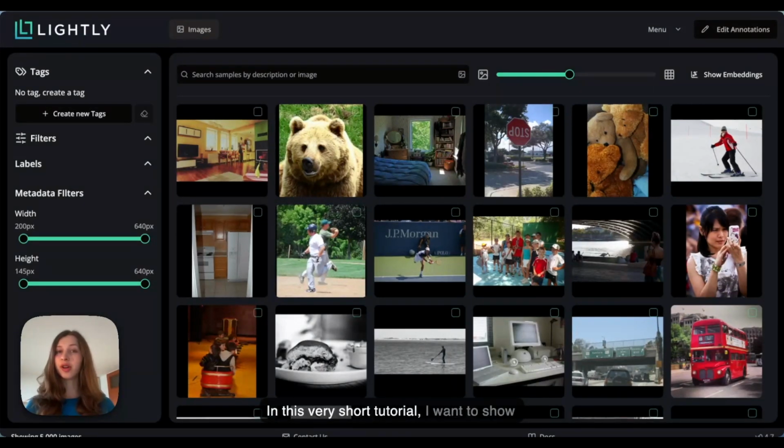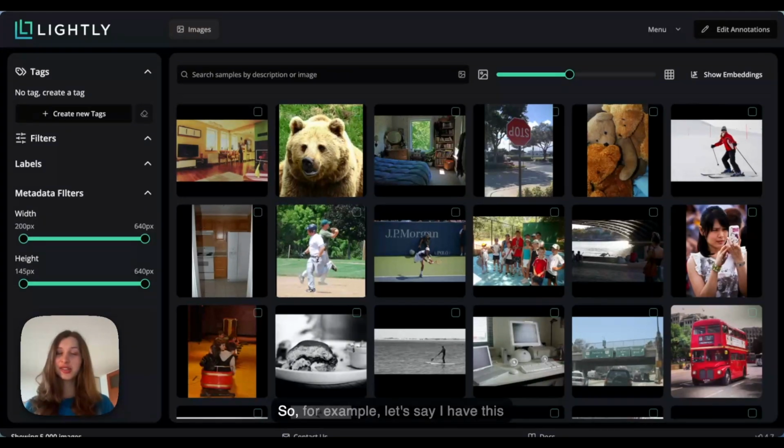In this very short tutorial, I want to show you how you can visually inspect your dataset inside LightlyStudio. So, let's say you have an enormous dataset, a bunch of images, and for example, it can be an unlabeled dataset, so you don't have any understanding yet, you don't have any labels, annotations, basically just a lot of images and no data understanding. Inside LightlyStudio, that's very simple to correct because you can use the capability of plotting the dataset inside the 2D vector embedding space, and with that you can explore your data and gain some further understanding